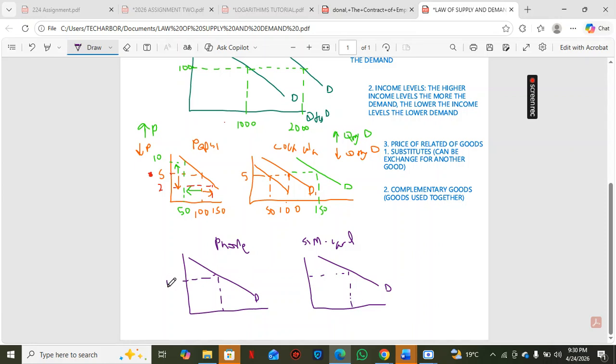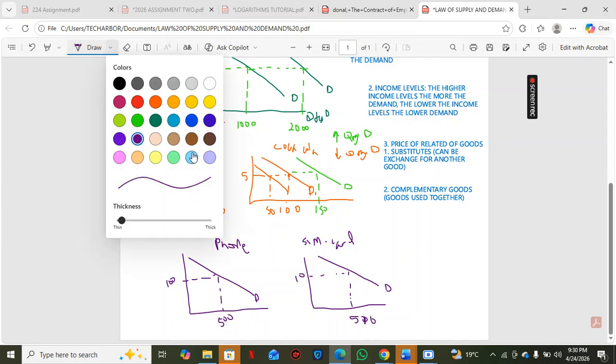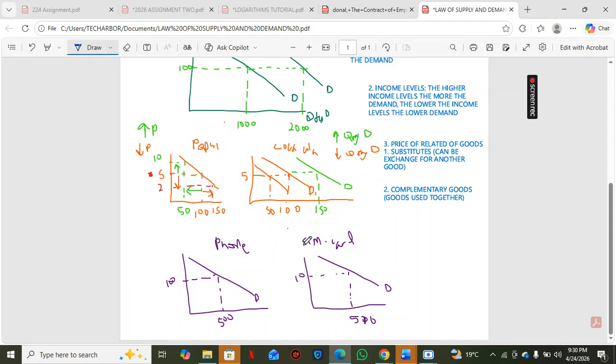So let's say the price of phones: there's one type of phone, and it's going at 100 kwacha, and the quantity bought is 500 units of these phones. Then let's say SIM cards are costing 10 kwacha, and there are also 500 units of SIM cards bought. Phone and SIM cards are complementary to each other. They are used together. If the price of the phone goes up from 100 kwacha to 150 kwacha here,